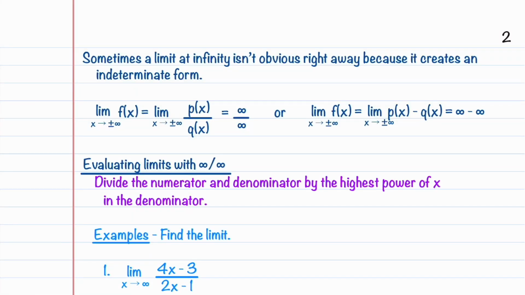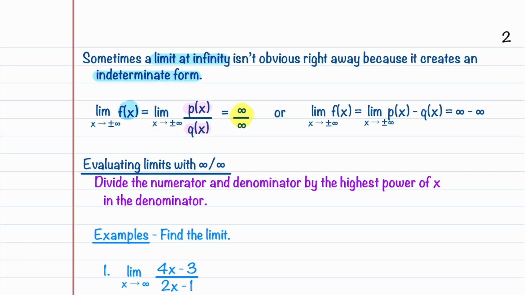When we evaluate a limit at infinity, sometimes it isn't obvious right away what that limit is equal to because it creates what's called an indeterminate form. One indeterminate form that arises from a limit at infinity is when a function f of x is a rational function defined as p of x divided by q of x. And when you plug in that x is going to plus or minus infinity, you get some type of infinity